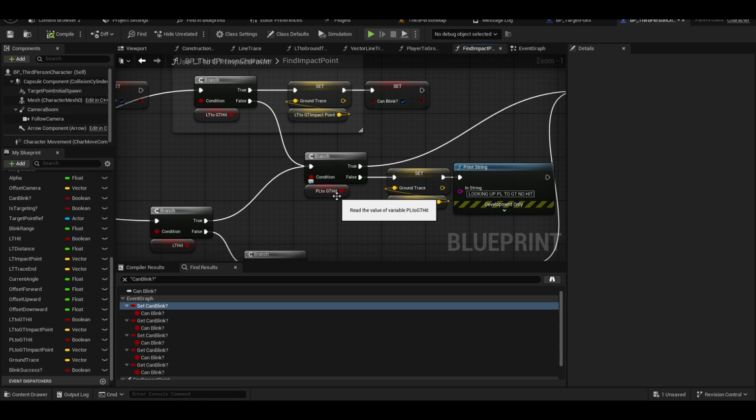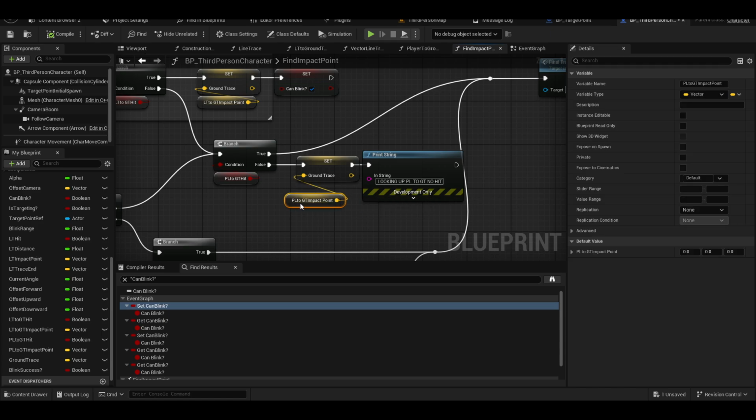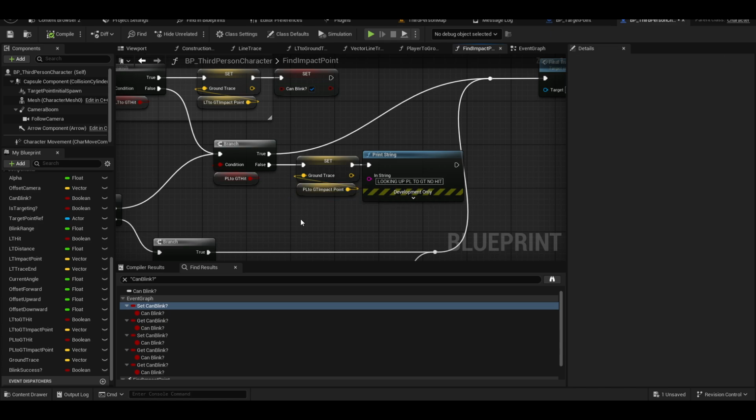LT to GT. So we're not hitting anything, but we're looking up. So we need to have another condition here. Yes, it says here. I want to print this one. You're not PL to GT here. It's hitting something. So if not hit some,